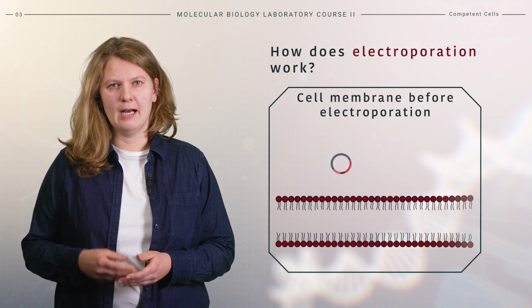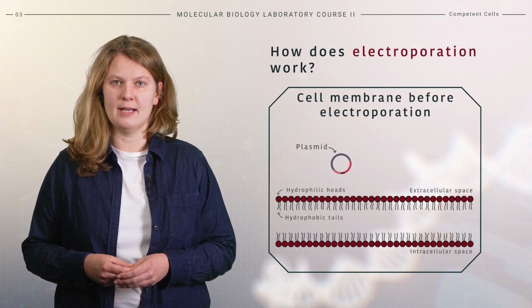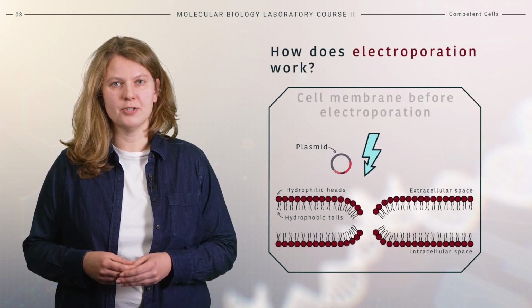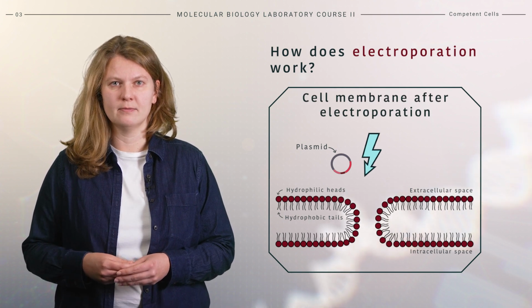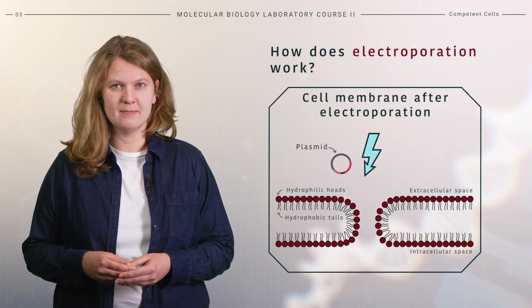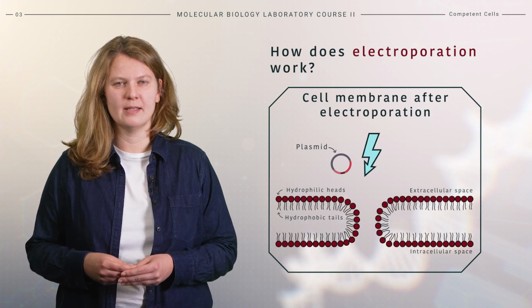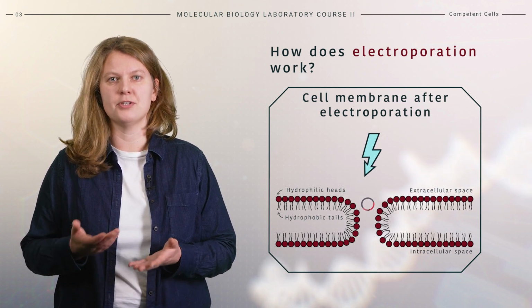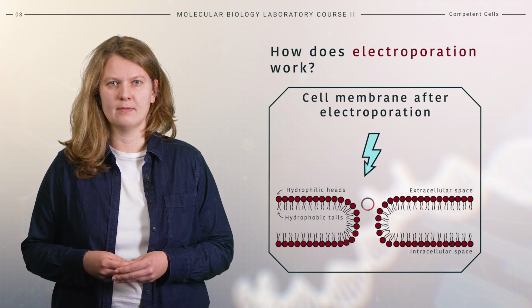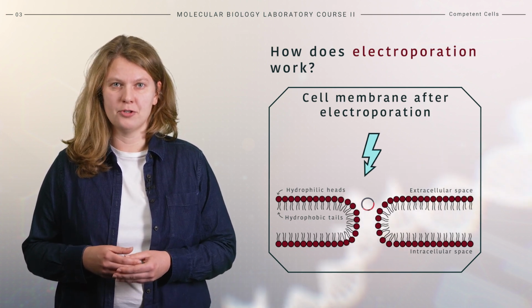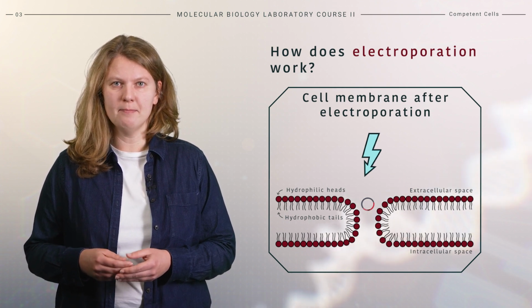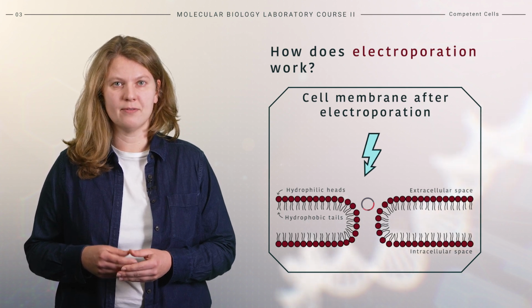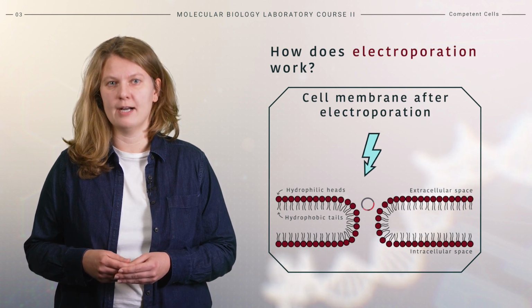Let's see briefly how the electroporation leads to the intake of foreign DNA. When voltage is applied, the electrical pulse rearranges the orientation of the phospholipid bilayer. This happens in a way that leads to the formation of temporary pores. These pores then allow the intake of foreign molecular material, such as DNA, into the cell. By applying the appropriate voltage during the electroporation, the membrane permeability of the cells increases. However, cells can also survive the effects of membrane permeation and recover.